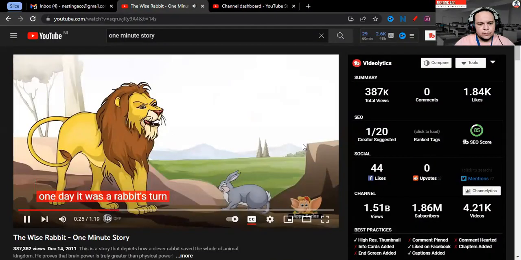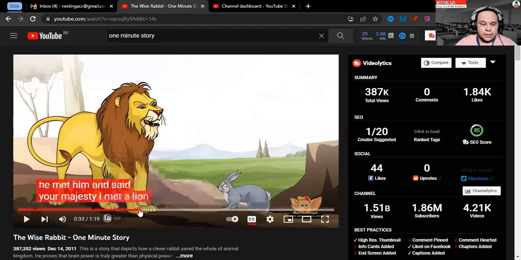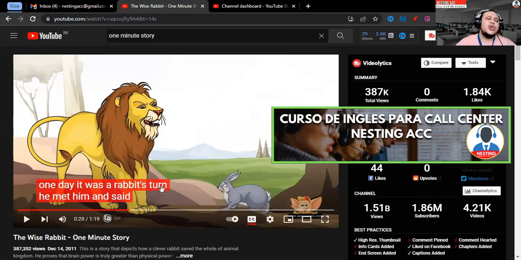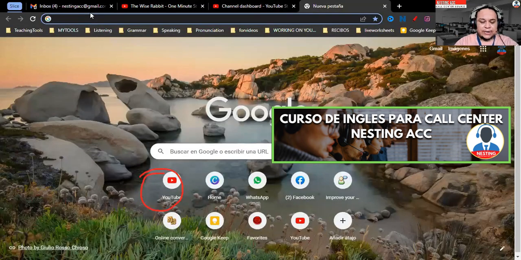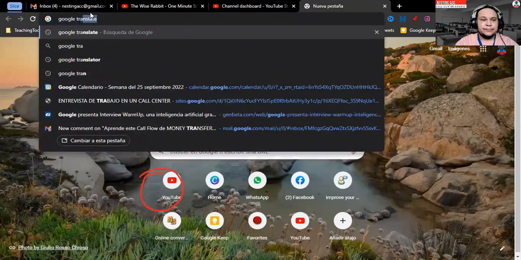sentence. Let me give you an example with the same story, right? One day, there was a rabbit stranger. He met him and said, "Your Majesty, I'm on a line on my way." All right, so take a look at the following. Imagine for 1 minute that you do not understand what the word turns actually means, right? So what we're going to be doing is that we're going to go to our best friend. In this case, it's going to be Google Translate.